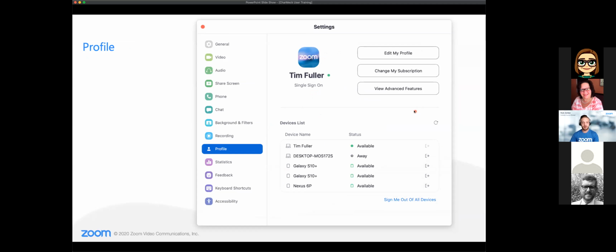So jumping on down to our profile tab here. This is where you can come to see your personal profile. You'll have the option to click in and edit your profile, which will be brought to your Zoom web portal to edit that. And then you also, of course, have the option to change your subscription or view any advanced